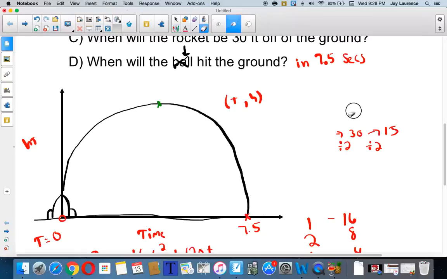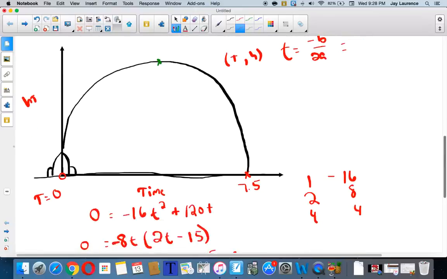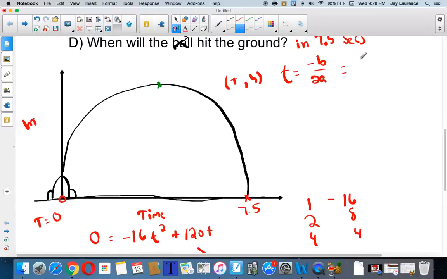So to find the vertex, the x-coordinate of the vertex, or in this case, the t-coordinate of the vertex, I'm going to do negative b over 2a. So t is going to equal negative b over 2a. And the equation before I factored it, b was 120. So I'm going to have negative 120 over 2a, and a is negative 16, so that'll be 2 times negative 16. And so t will equal a positive,